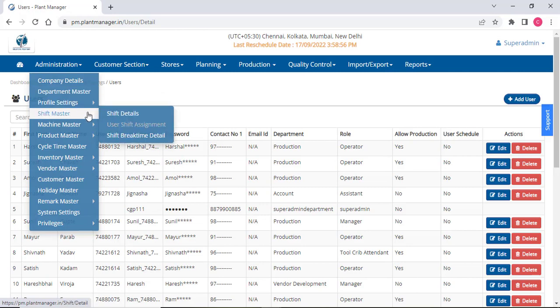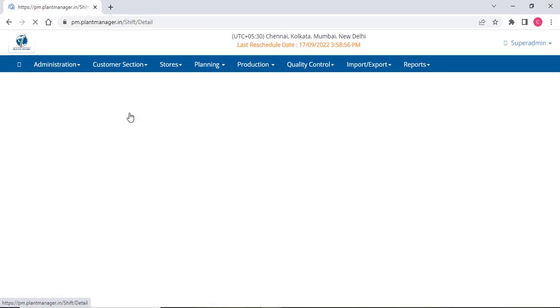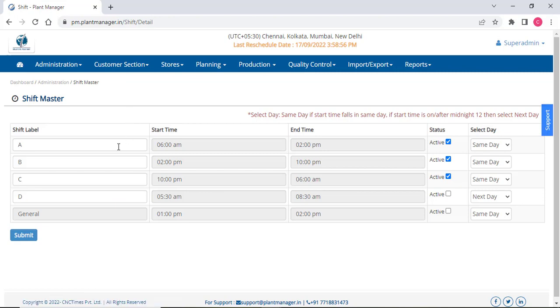Under shift master, we will define shift details. Here we will define the shifts in which the factory works. Say there is a first shift which has a start and end time from 6 to 2, a second shift B which starts at 2 and ends at 10, and the third shift which starts at 10 and ends at 6. So we will select the status of the shift as active, and the software will consider these active shifts for